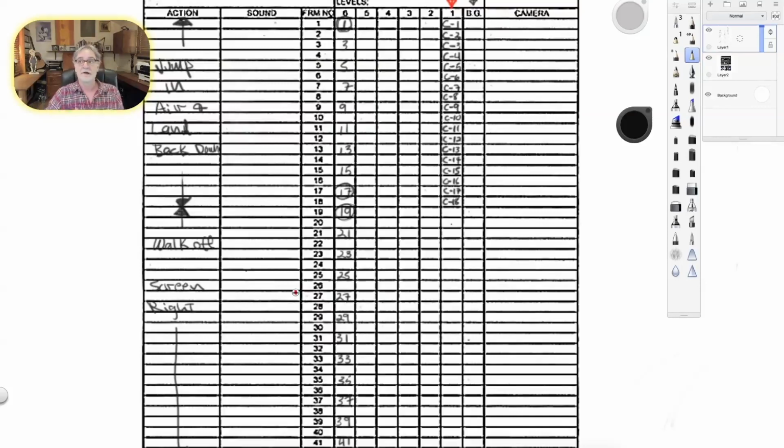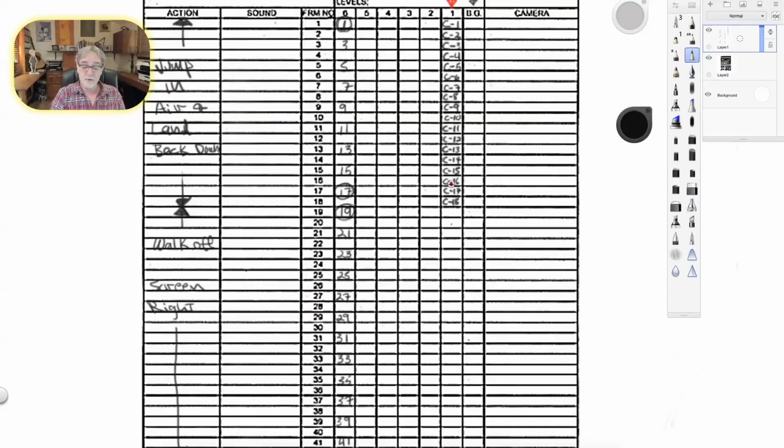Understand that Richard Williams did everything on ones. He believed that ones was the only way to do it. Most places will do it on ones and twos for full animation, for full feature type of animation.